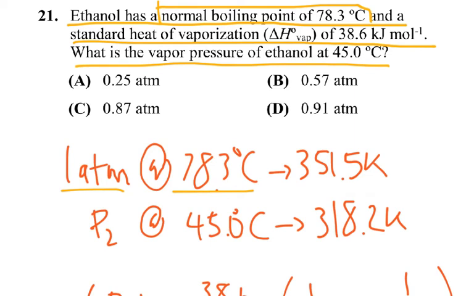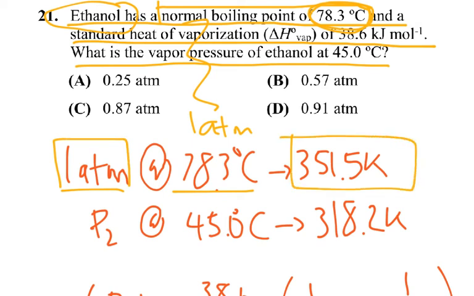at the normal boiling point, the temperature is enough to create a vapor pressure of 1 atm to overcome the atmospheric pressure of 1 atm, and all the liquid needs is to create a vapor pressure of 1 atm to overcome that. And for ethanol, apparently, it needs to be at 78.3 degrees Celsius to create a vapor pressure of 1 atm to overcome the atmospheric pressure, and that's why it's called the normal boiling point. So, 1 atm at